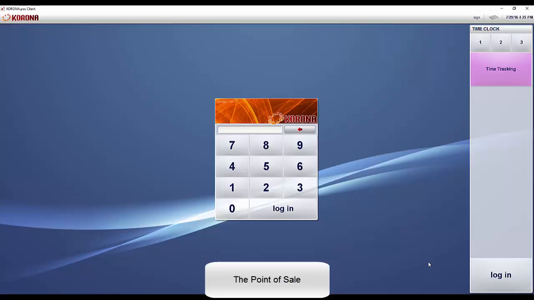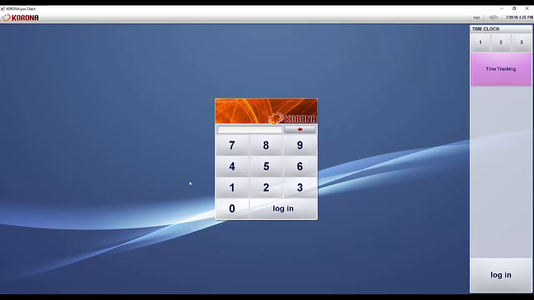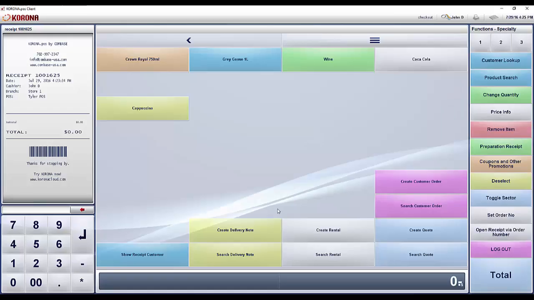This is the Corona point of sale screen. Corona's point of sale interface is optimized for touchscreen terminals, but can also be operated via mouse and keyboard. The first step is the cashier login. A cashier can log in by entering their personal login code. If you are just getting started, the default code is 1. You can also use login keycards or cashier locks instead of login codes.